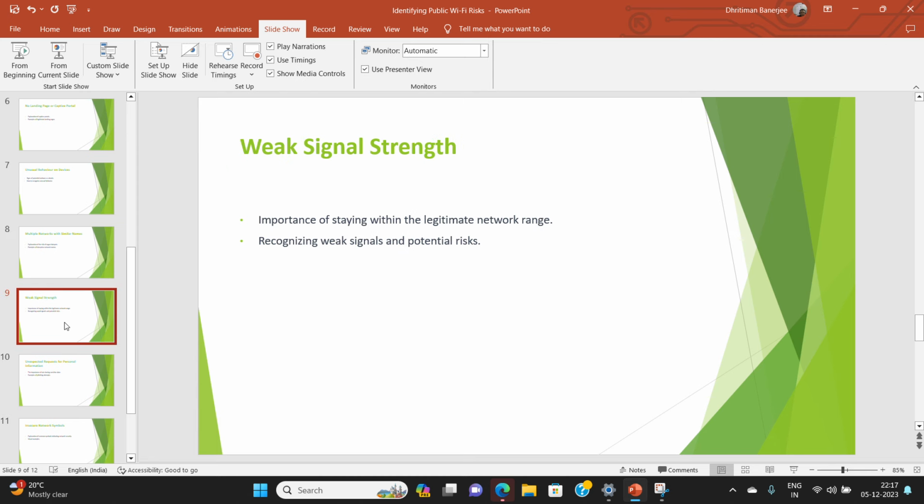Weak signal strength is another warning sign. Public Wi-Fi networks with weak signals create potential risks, so it is essential to check for a secure and reliable internet connection.